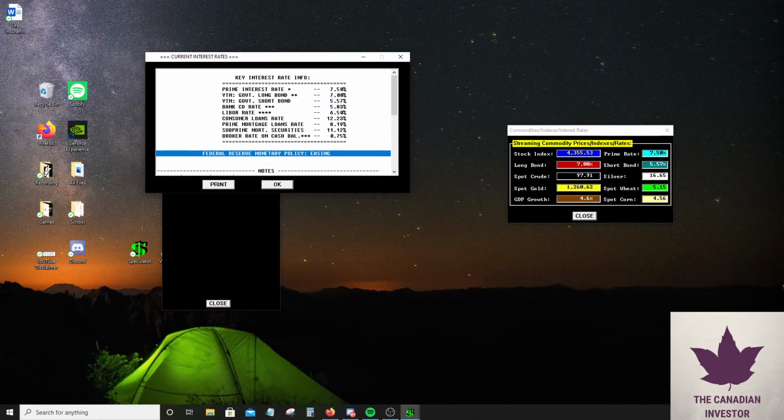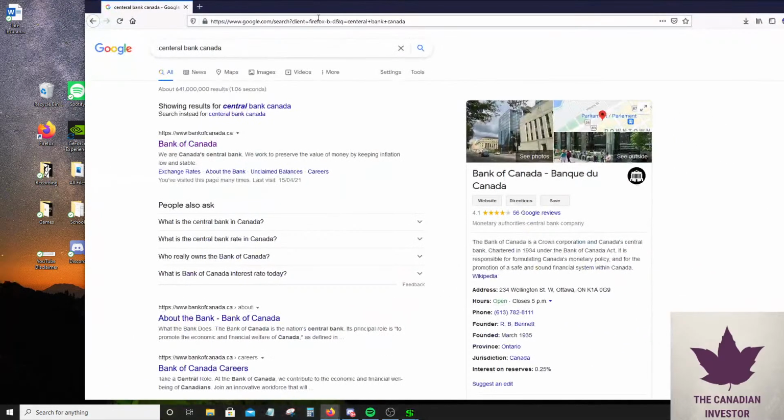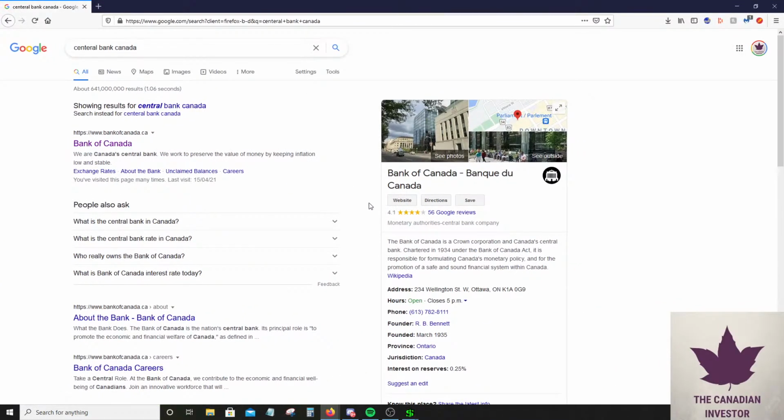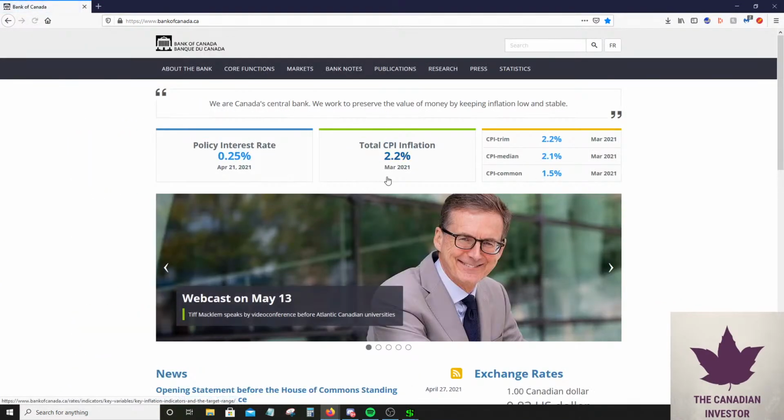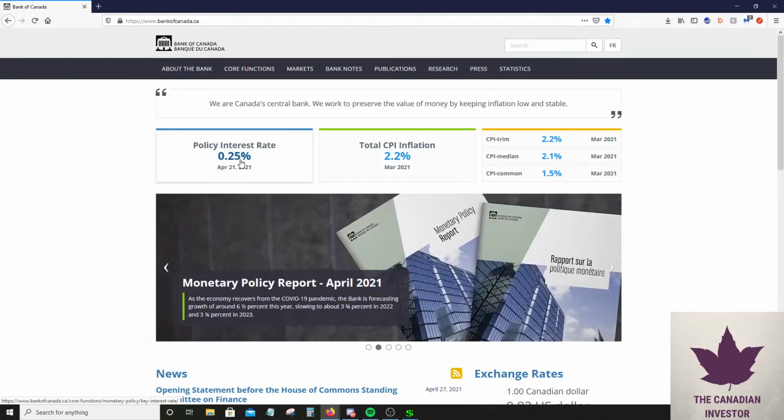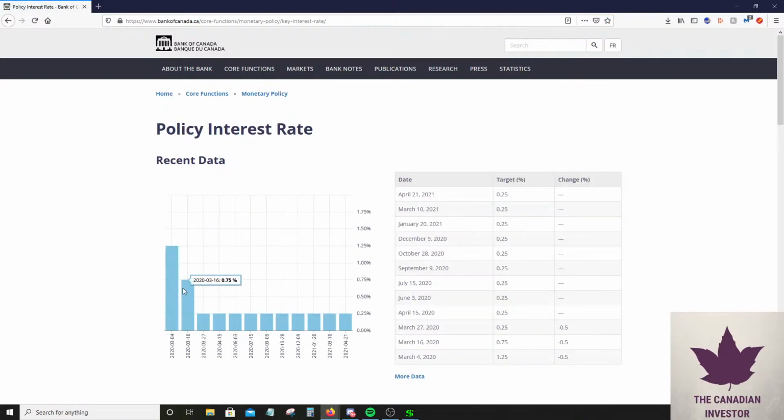So right now, we are currently under a real life example. I could do Canada as a start. So we got this thing called the Bank of Canada. They're basically our central bank for Canada, because I'm Canadian. And currently, CPI is at 2.2%, and the policy rate is at 0.25. So we had to cut during coronavirus, we had to lower interest rates because we wanted to basically stimulate the economy, make borrowing cheaper. Therefore, we could get spending back on track.